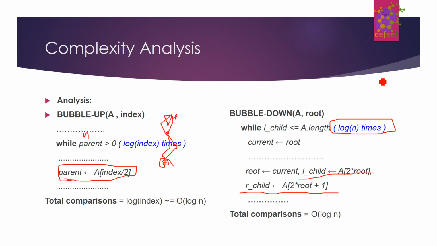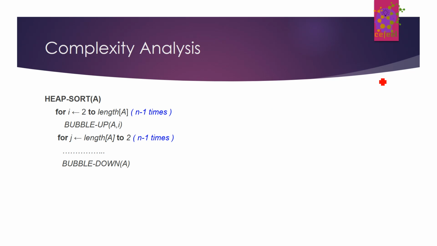So now let's go back and look at the heap sort algorithm. In the heap sort algorithm we had two loops. There is a for loop here first, and then there's a for loop down. The first for loop runs from 2 to length a, which is n minus 1 times, and every time we call the bubble up inside it. Similarly, the second for loop starts from j equals a to 2, and this also runs n minus 1 times, and in every call we call the bubble down. Now we know bubble up and bubble down actually take order